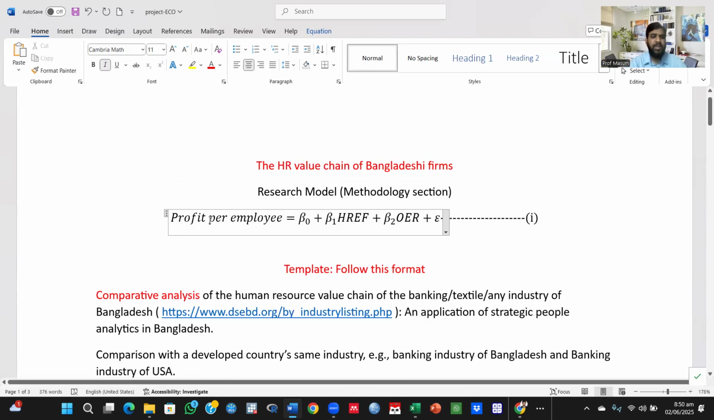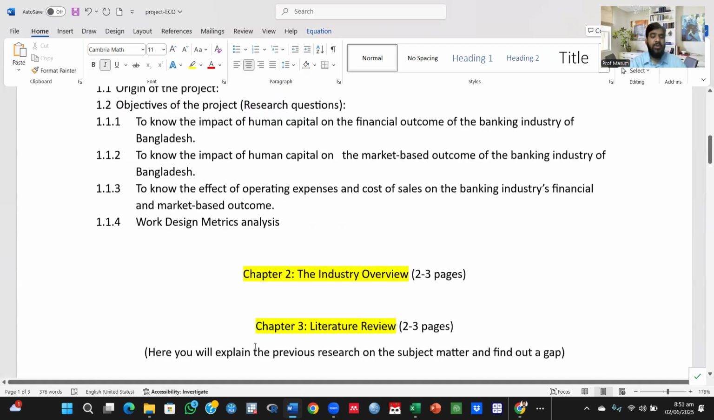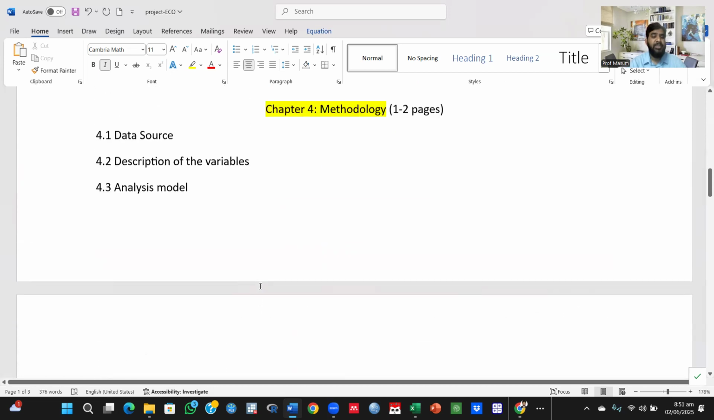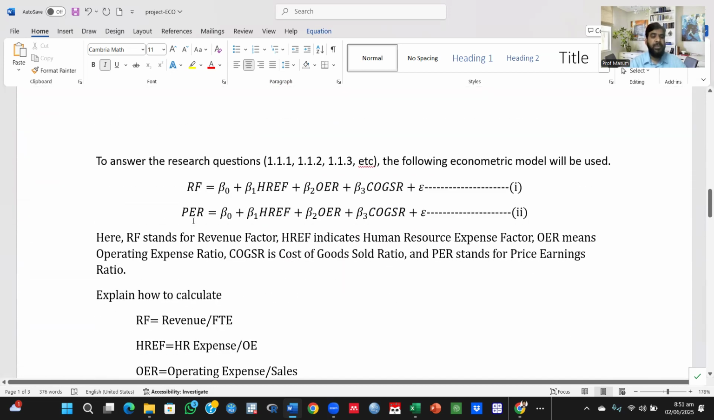Here you will define what is profit per employee and how you have calculated profit per employee. What is HR expense factor and how have you calculated HR expense factor? Operating expense ratio. What is operating expense ratio and how to calculate operating expense ratio? So you will give the definitions and calculation system here. Some examples are given here also. So for example here,